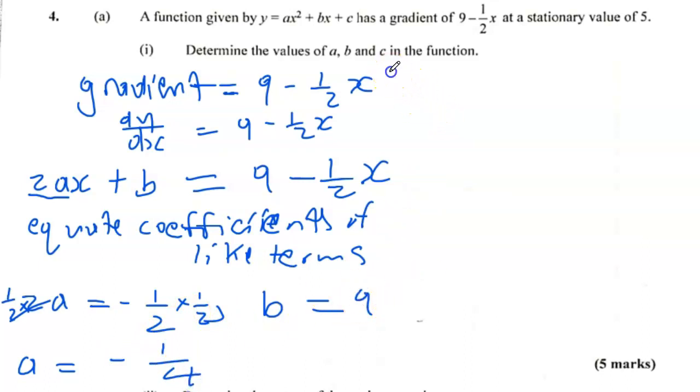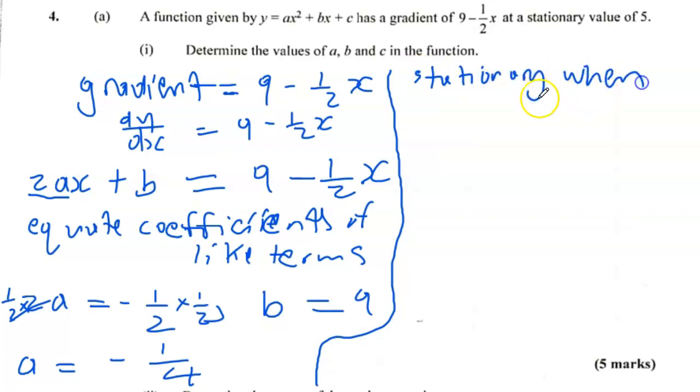Now we need to find the value of c. So what can we use to find the value of c now? We are told that the stationary value is 5, which means that if we substitute the x coordinate of the stationary value in the function, we should get 5. Let's find the x coordinate of the stationary value. The function is stationary